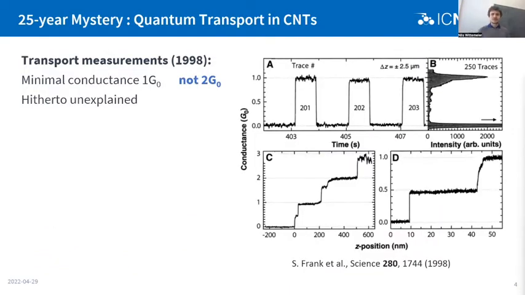However, 25 years ago, there was a group of researchers that measured transport in carbon nanotubes, and they found that there was a quantization of 1g0 in some cases. So the smallest unit that they found was 1g0, not 2g0. How is that possible? If we have just seen that single wall carbon nanotubes have 2g0 as the minimal conductance,